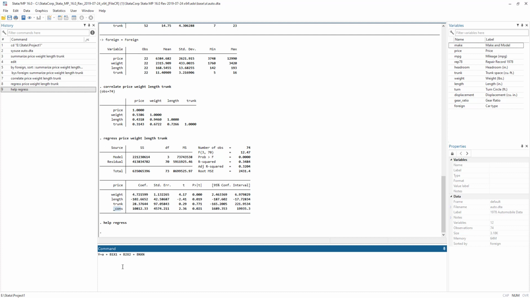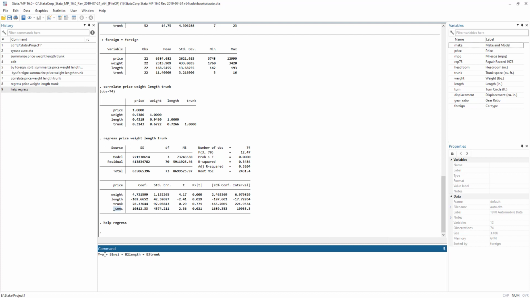This is how we would write it. So these x1, x2 are the variables. In this case, we have weight, length, and the last variable is trunk. So this is our model.